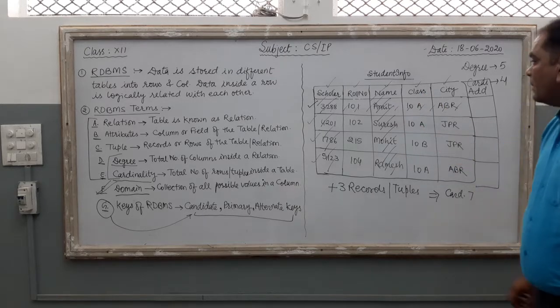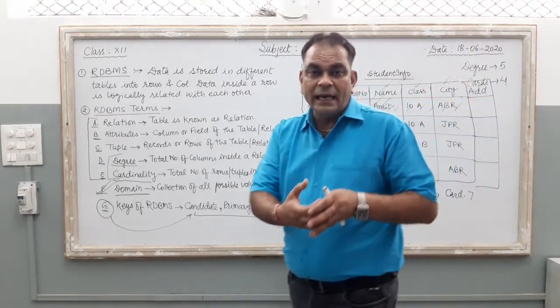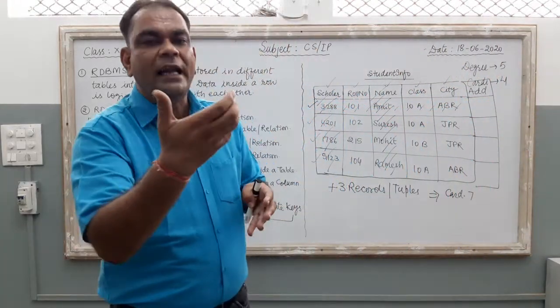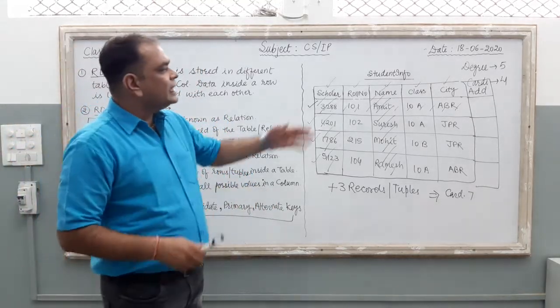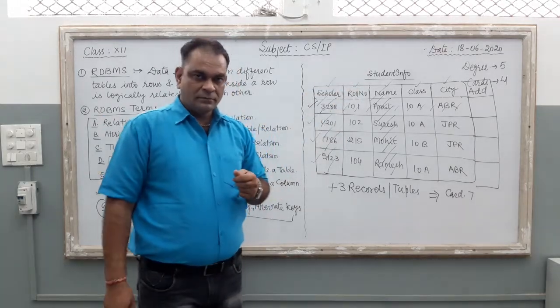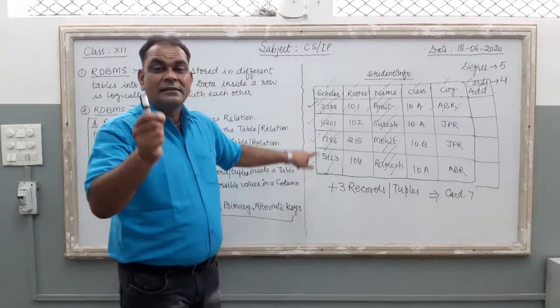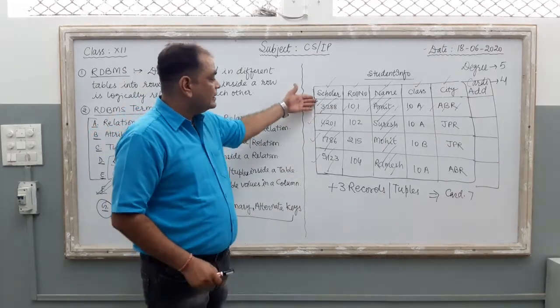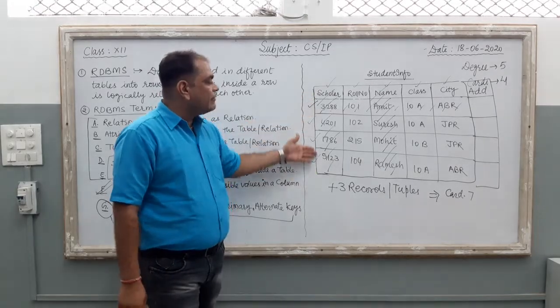In this particular table, you may find some fields that contain unique values. Unique value means no duplicacy. If you see the table, it is related to students' information. And we know each and every student has a unique scholar number. Here in this part, there is no duplicacy. Right? So it is a unique value column.